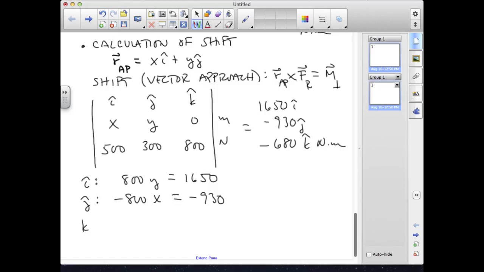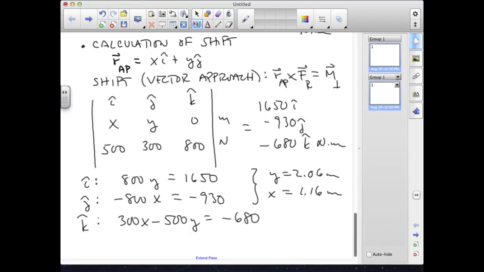And in K, we have 300x minus 500y, and that has to match the minus 680. So you can choose any 2 of these equations you like. If you choose these first 2, you get y equals 2.06 meters and x equals 1.16 meters. And then if you go back and plug those results into this final equation, you should be able to verify